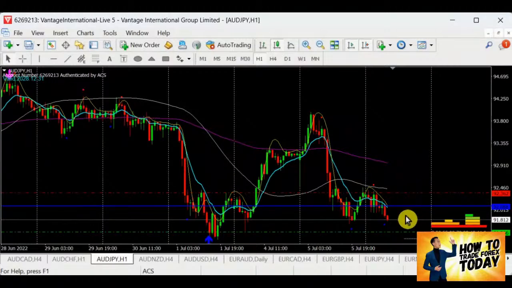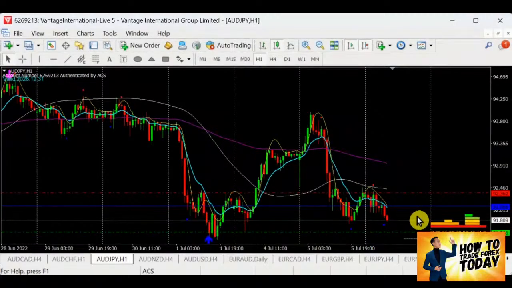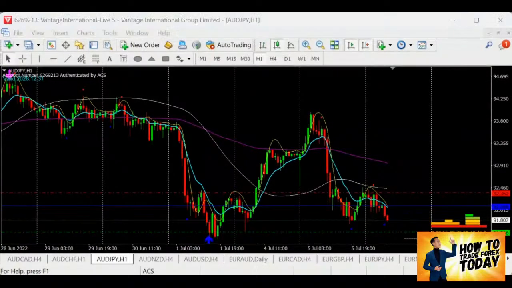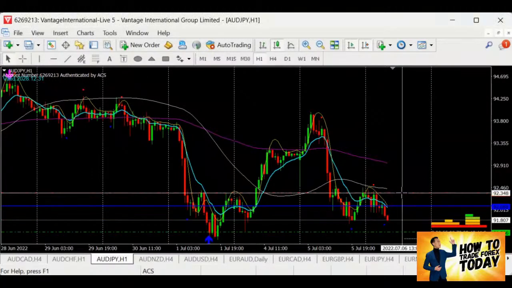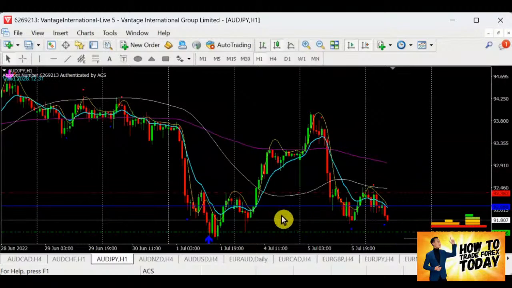So yep. Okay, so that's still looking good to sell for Aussie yen. Okay, so I'm going to put Aussie yen into my watch list. Okay, Aussie yen to sell. If I have a chance to test on the resistance, then I will consider the selling, where it will pull for a bigger space for me to continue the selling for 80 pips.